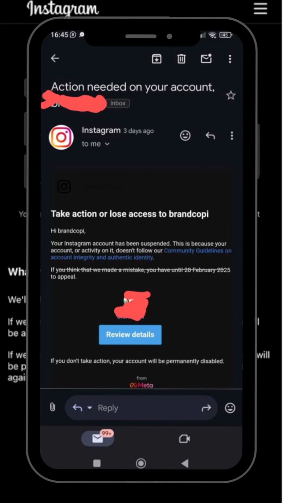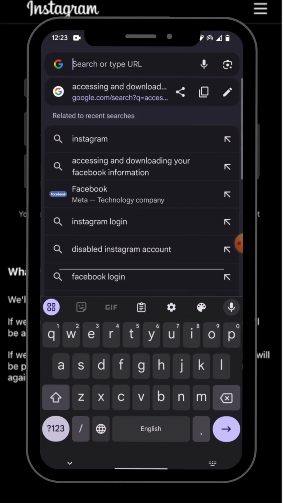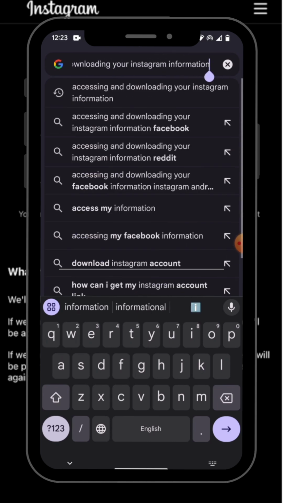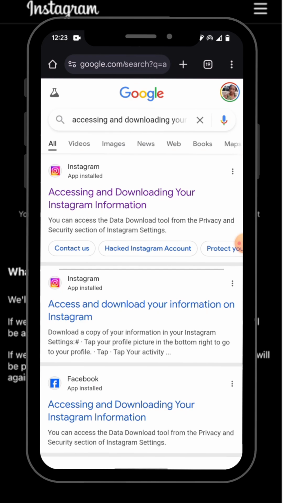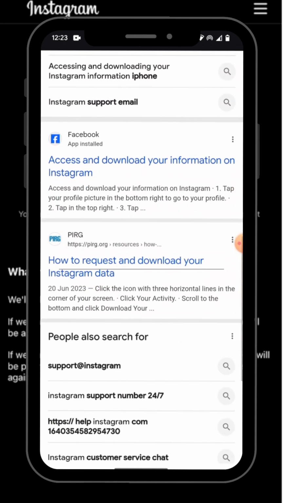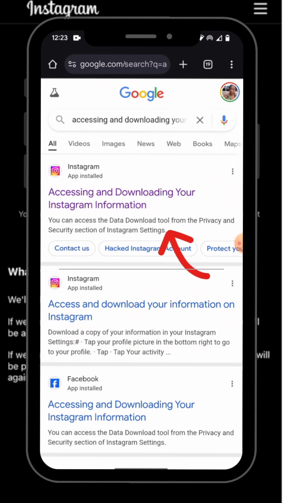If you've received this mail from Instagram that your account has been suspended or disabled, just go to your Chrome browser and then type "accessing and downloading your Instagram information." Then it's going to open up to this Google page, and you're going to have lots of options here to choose from. But then I would want you to choose this option that says you can access the data download